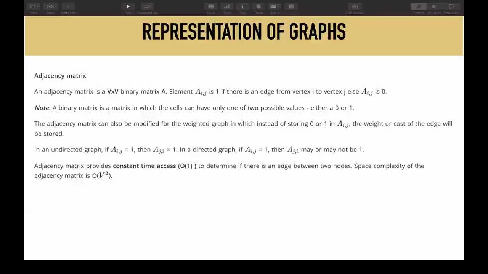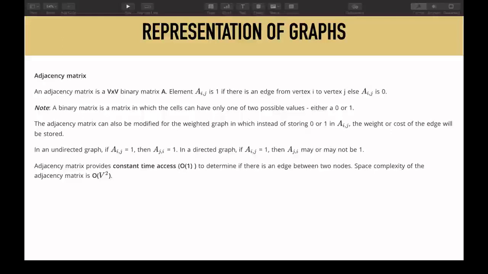It costs you some extra space, but you can check whether there exists an edge between two nodes in constant time. If I give you a graph, tell you to construct the adjacency matrix, and then ask you to print or return whether there exists an edge between any two nodes, you can do that in constant time, because you just have to access the Aij index.